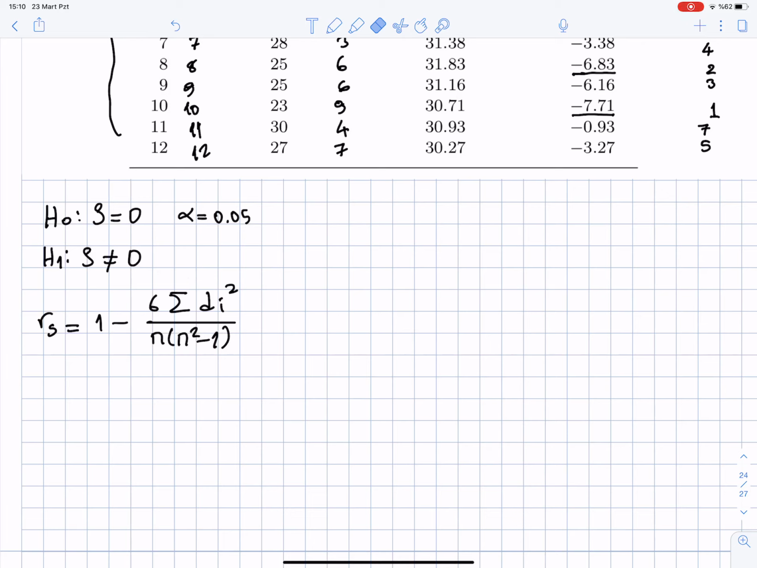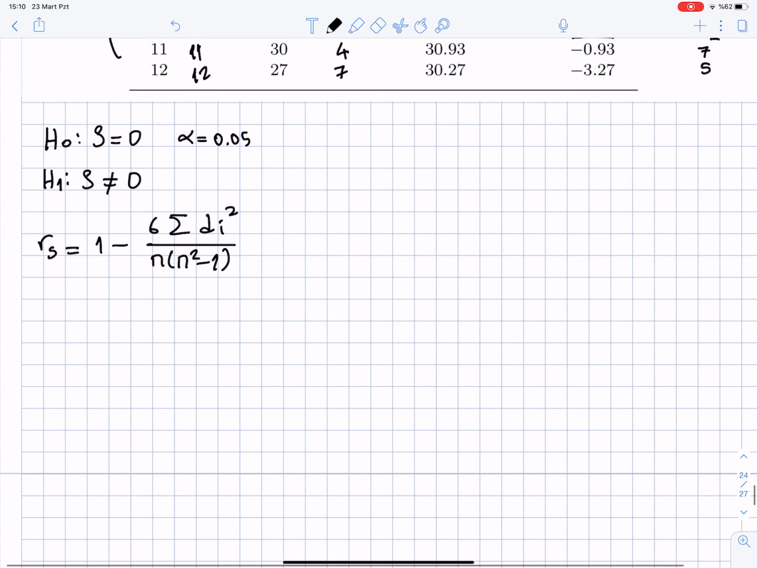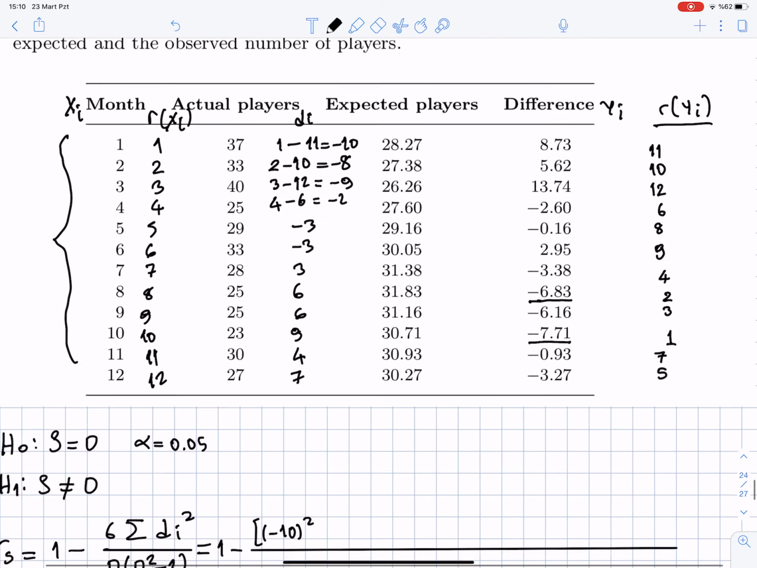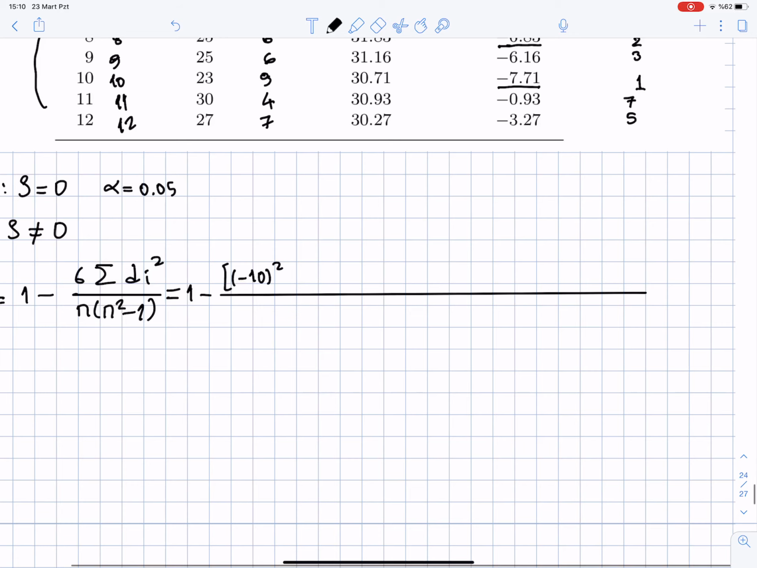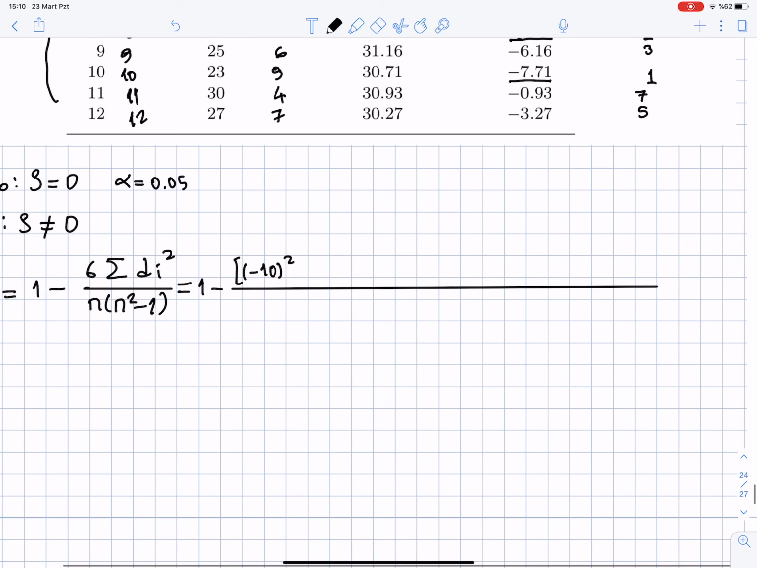Okay, the calculation is not that hard. So you have 1 minus... you have minus 10 squared. The first value is minus 10. The first difference, the ranking difference, is minus 10, and square it, plus